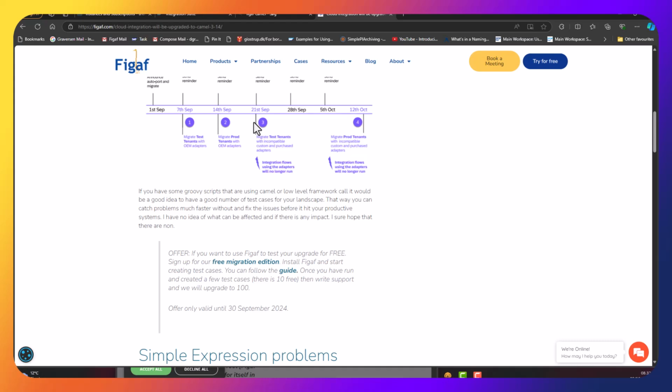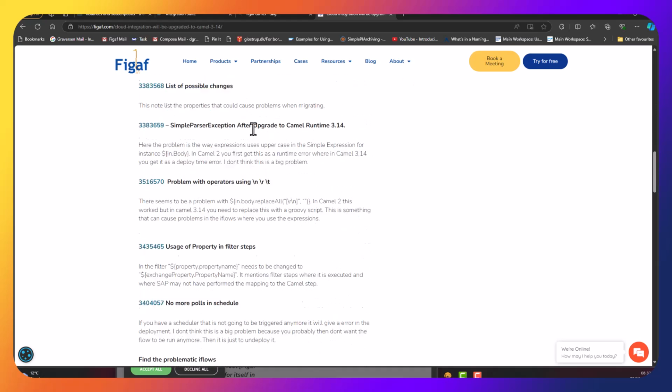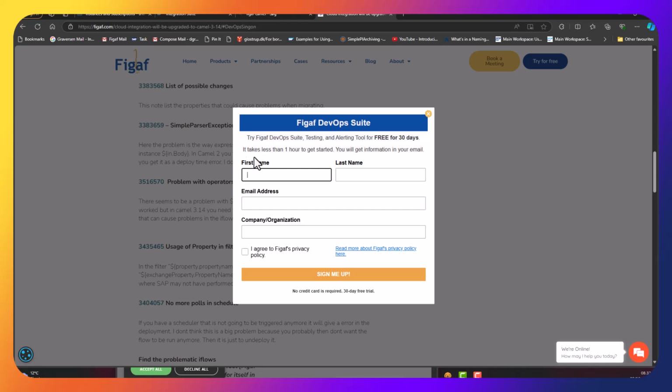So in the FIGAF tool, we do have a number of components that help you. There is something about using these operators, or using a property in a filter step, that is causing some problems. So we wanted to make it easy for you to find. And one of the things you can do is use the FIGAF tool. So when you sign up for this,